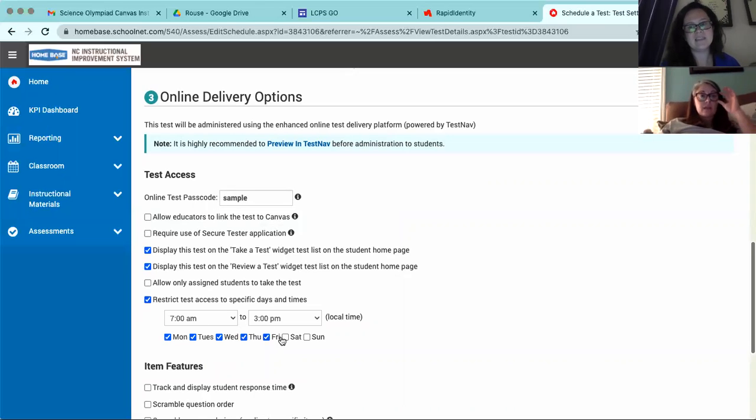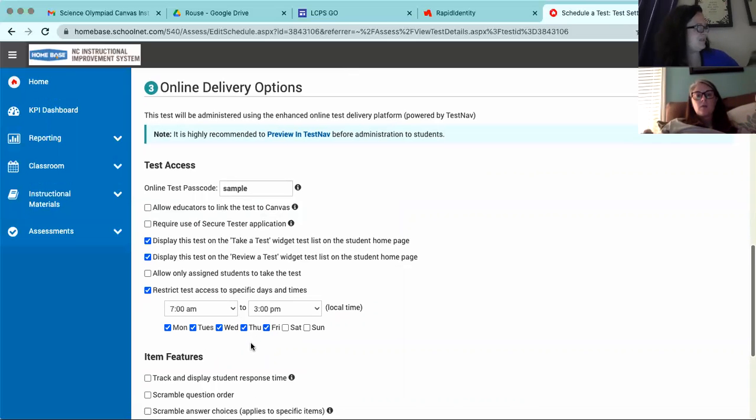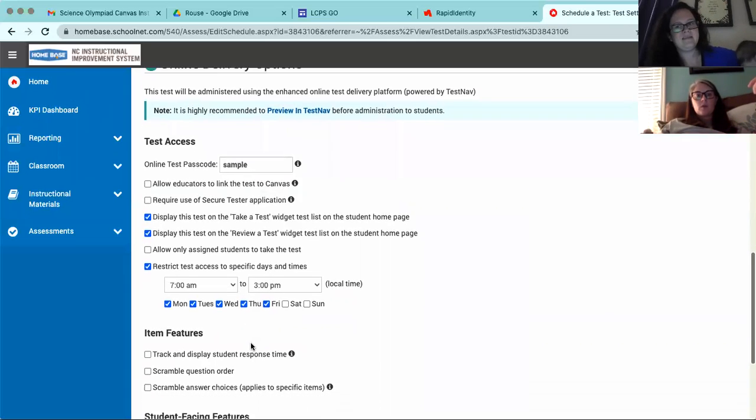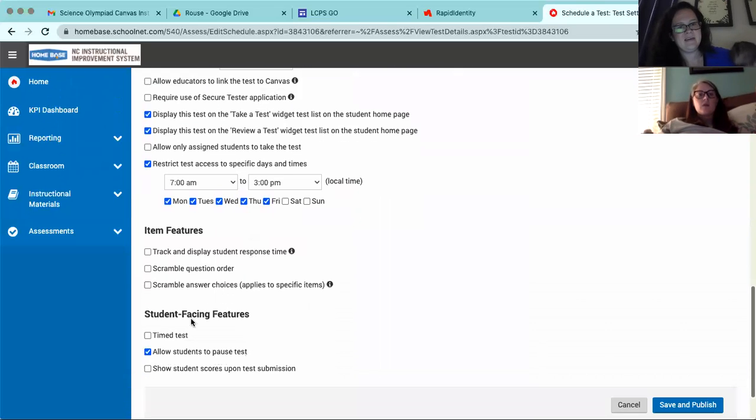So that's glorious. Dial it down even more if, like Jen said, you only want them to take it when they're with you. You can go in here and do these different item features. I have never done track and display student response time, but I can see where it would be useful in some cases. I definitely always do that, and you can actually track student response time now in Canvas,